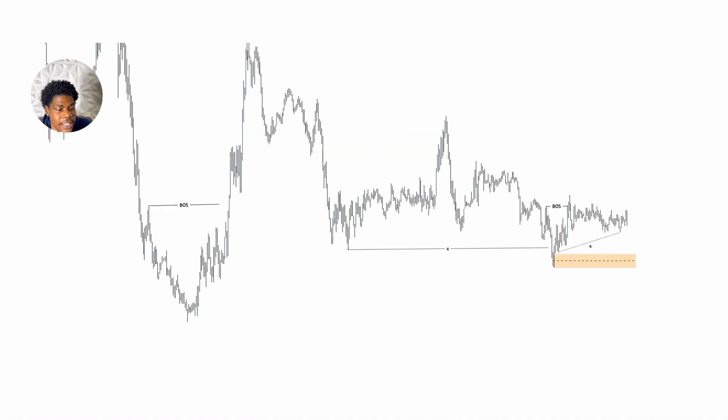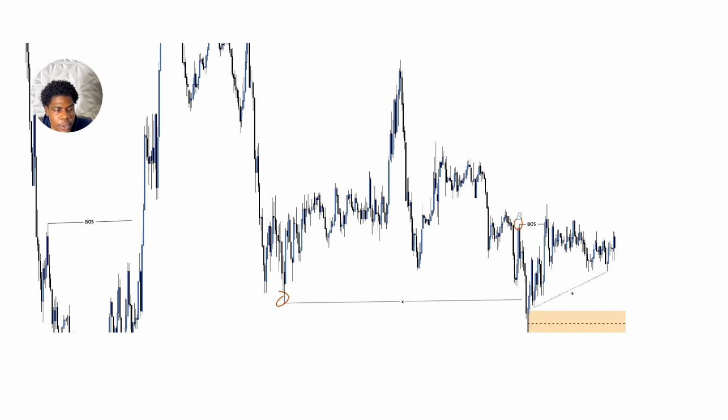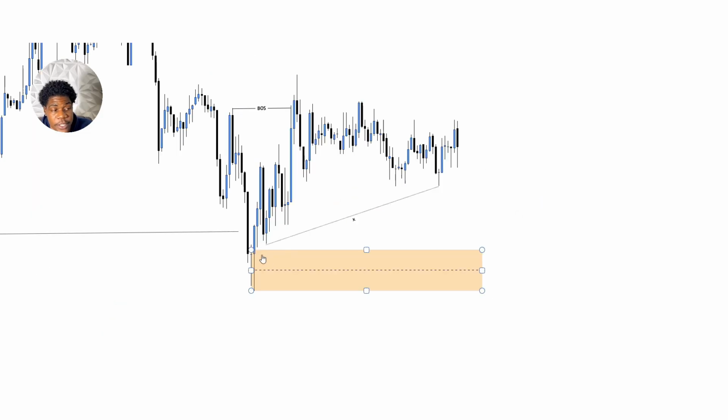Let me just bring this. Just like we had this old range from here to here, we have a new range, right? When price took liquidity from this old low and then gave us a break of structure, we have a new range from here to here now. So now let's zoom in a little bit more. If you don't want to take your trades inside of this zone right here, it's perfectly fine